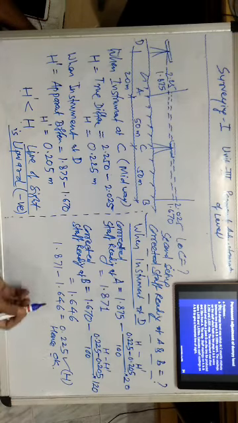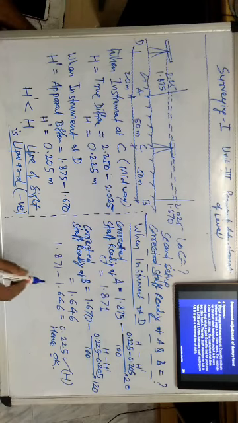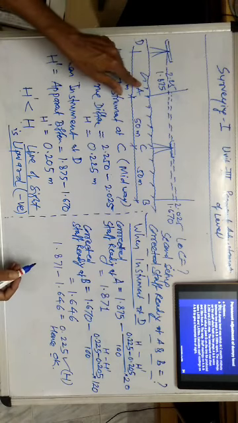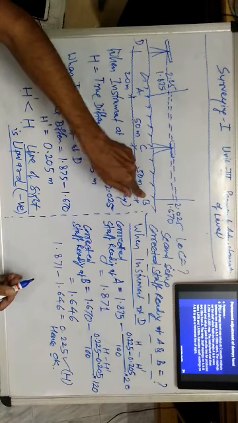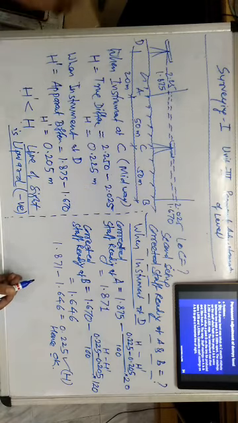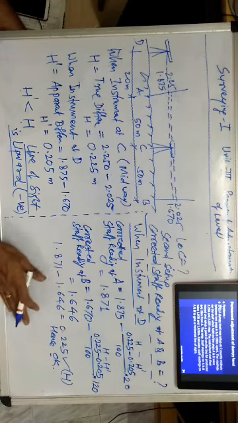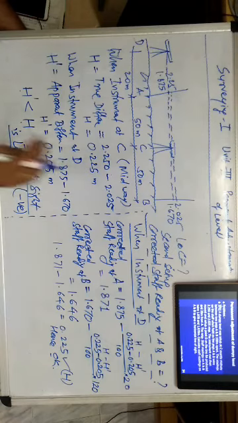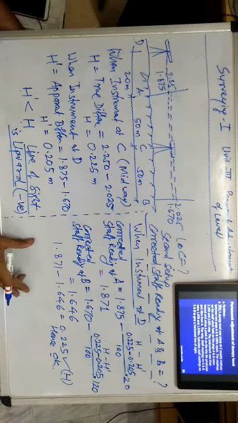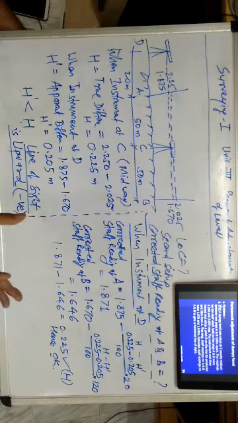Now in this case also we can calculate the RL. So for example, suppose the RL of A is known, then we can calculate the RL of B. So that can be understood by giving these staff readings. So you can find the height of the line of sight and from that you can also find the RL. So that we will understand in the second problem. But this concept is very much important, that by calculating the apparent difference and true difference, we can ascertain whether the line of collimation of the auto level is exactly horizontal or not.